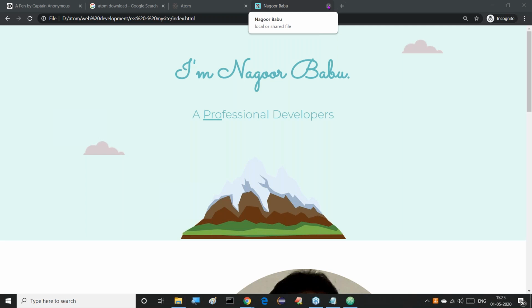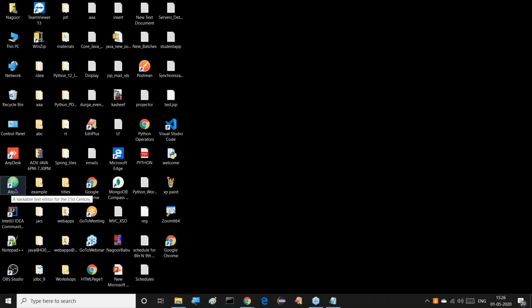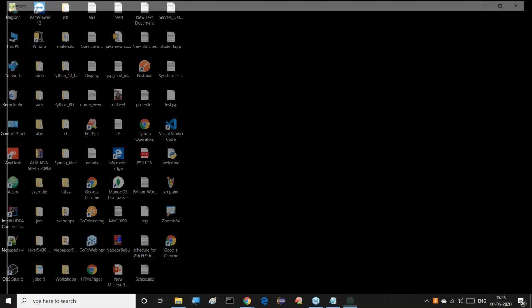All right, sir. Now, Atom, we installed it. We installed this Atom, and we opened that Atom. Even if you want to open this Atom, then what we have to do, guys? If I close this here, on our desktop we are getting the Atom icon. Just double click on this Atom icon. Automatically, it will open for us. Once it is open, then we can start running it. We can start doing our work.